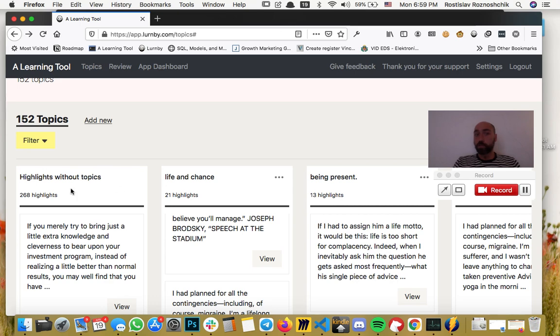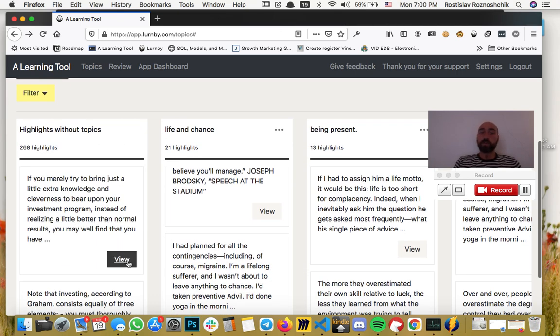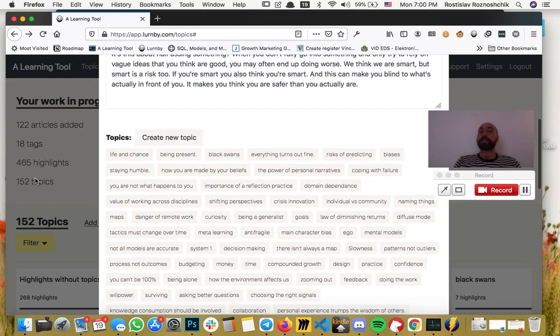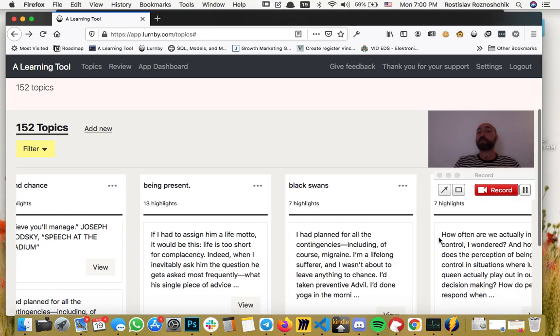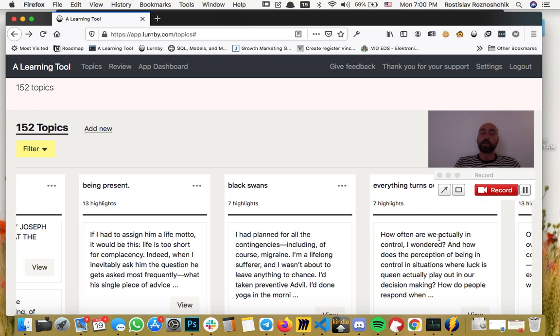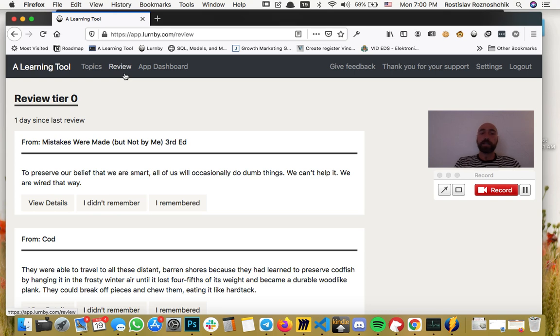There's a number of features that we're building here. You also get to see all of the highlights that you haven't tagged while you're reading, and you can go in and start organizing this and begin to build these different groups for yourself of ways to work with information. There's a number of things that we're going to be doing for helping people review these groups specifically, but one feature that we recently added is the spaced repetition system. What it does is it allows you to work with all your highlights, and it surfaces them for you